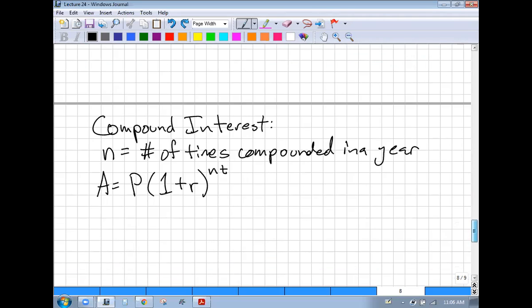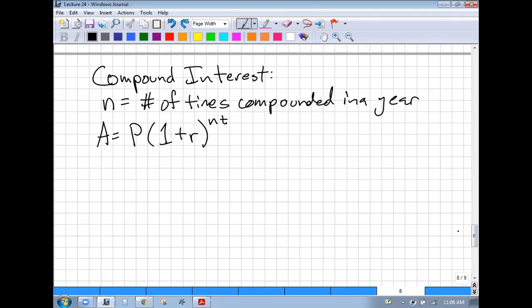Now, if the more times you compound, the more interest you pay, what if they compounded every second? On the second second you pay interest on the first second, and on the third second you pay interest on the interest of the first and the second. By the end of the first minute, you'd be paying interest on interest 60 times over, right? So what if they compounded every millisecond? The best you can do is compound continuously. And it turns out that as N goes to infinity,